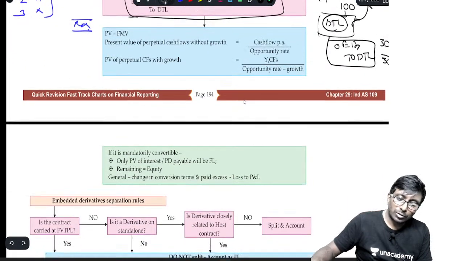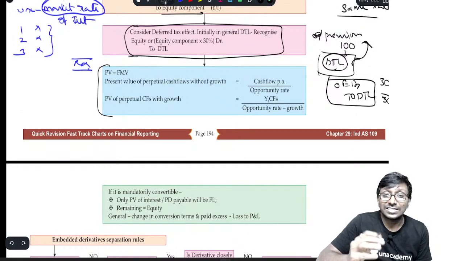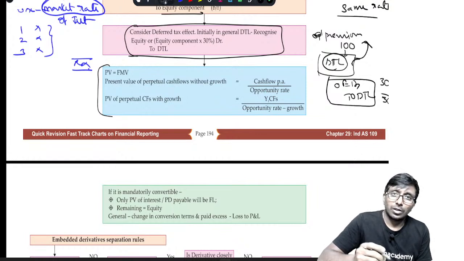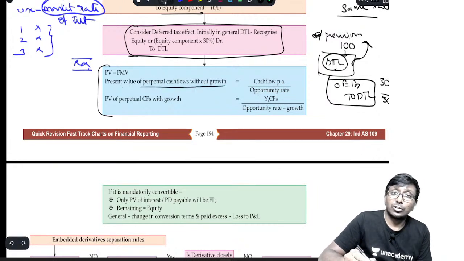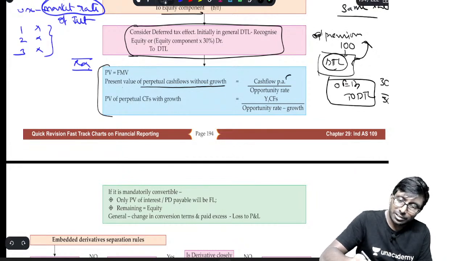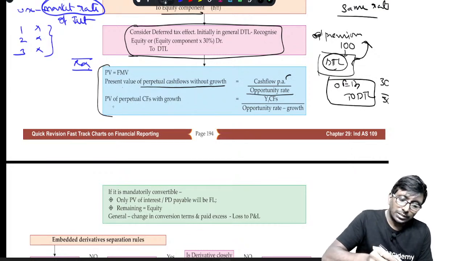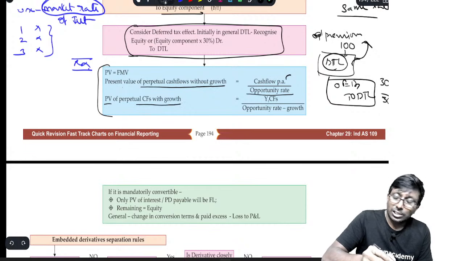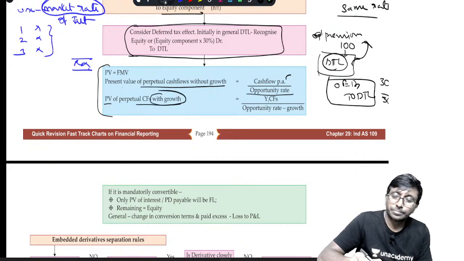Done. There is one more small concept, which is very basic, which you must have studied in CA Inter. What is that? Present value of perpetual cash flows without growth is cash flows per annum divided by the opportunity rate. Opportunity rate means market rate. Present value of perpetual cash flows with growth